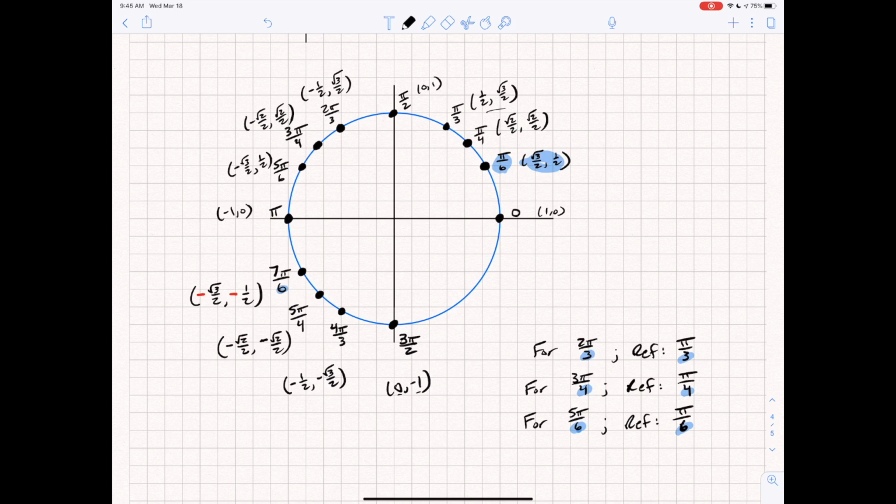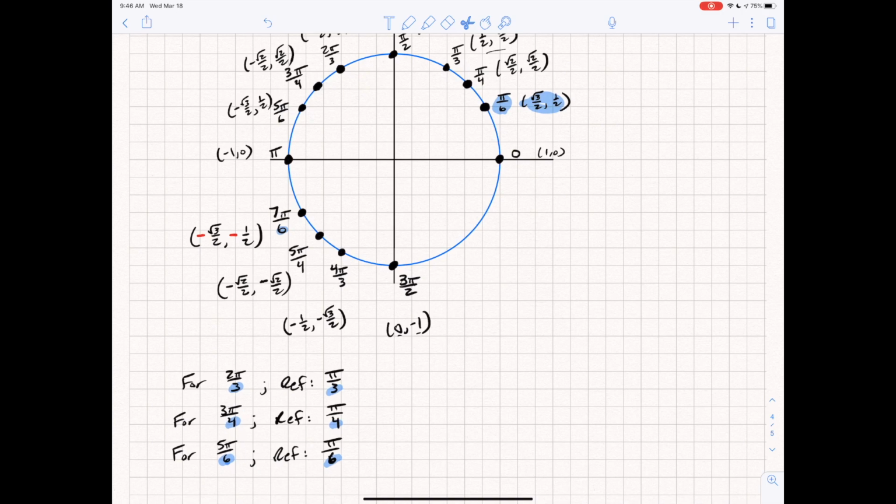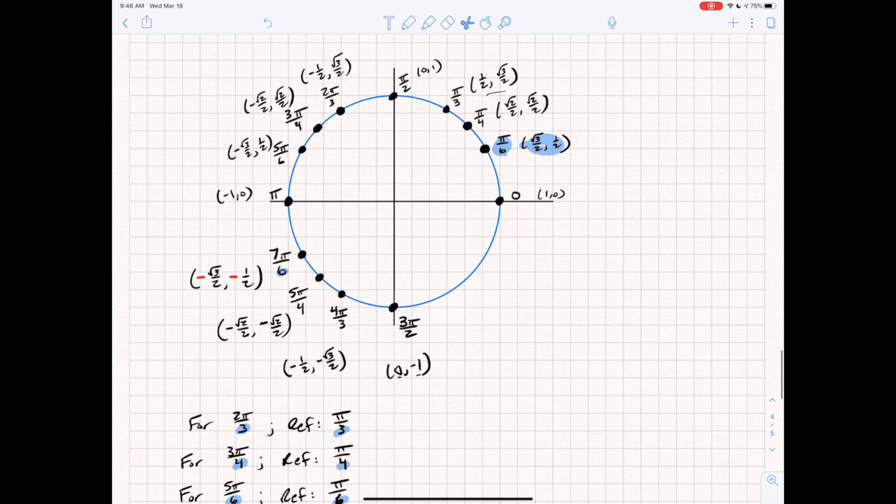All right, now for quadrant 4, I'm going to go ahead and just list the radians and give you a chance. You can pause the video and try to figure out what the ordered pairs are, and then I will just fill in the ordered pairs and see if you got them right. All right, so I'm going to move this reference bar over here just to make some space. Okay, and then I'm just going to list in the radian measures, again, kind of continuing in the counterclockwise pattern. So this measure right here is 5 pi over 3. The next special angle in the circle is 7 pi over 4. And the last one,